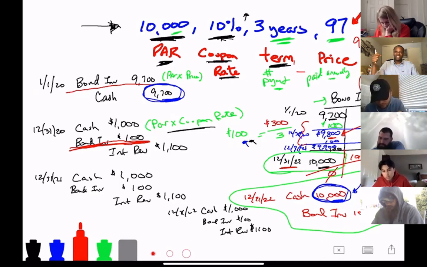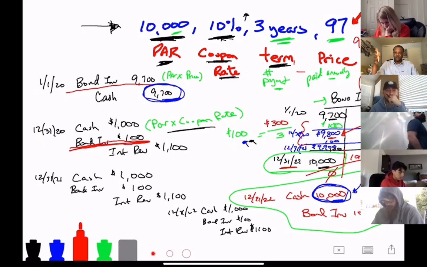Or every year, excuse me, they're clamoring for that deal now. So I can actually sell this for $1,100 or for $10,050. So I'm going to sell it now as opposed to waiting later. So it's still an investment. It still has risks associated with it, and you can buy and sell it whenever you like.